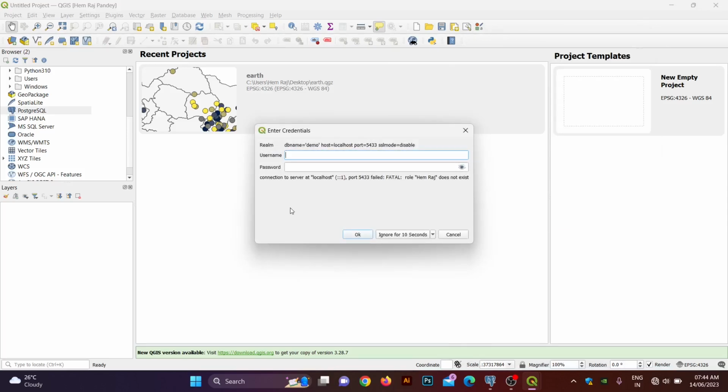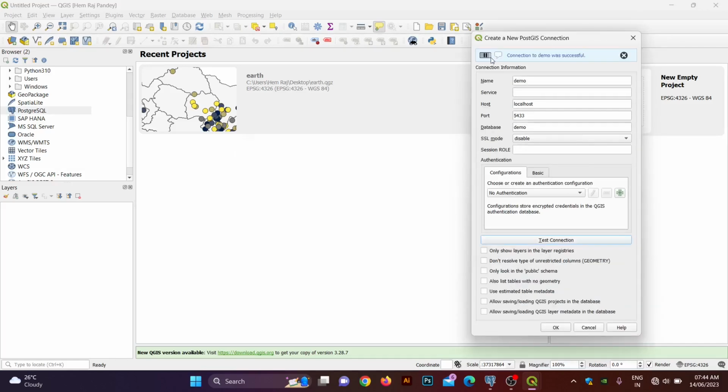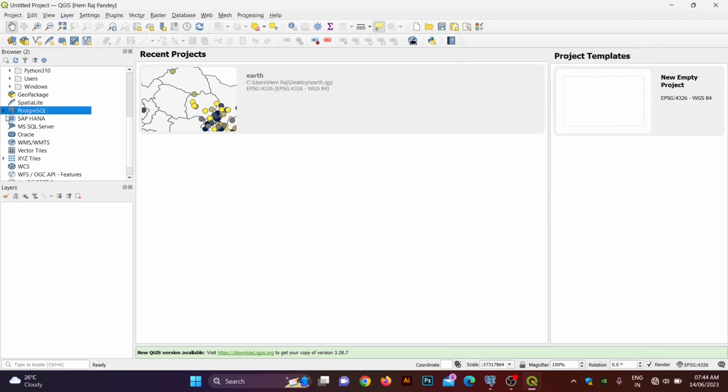Now you have to give the username postgres. Now you have to click OK. I think, okay, I had a wrong username entered, so okay. Here you can see connection to demo was successful. Now click on OK. Here you can see I have the demo database and also the public